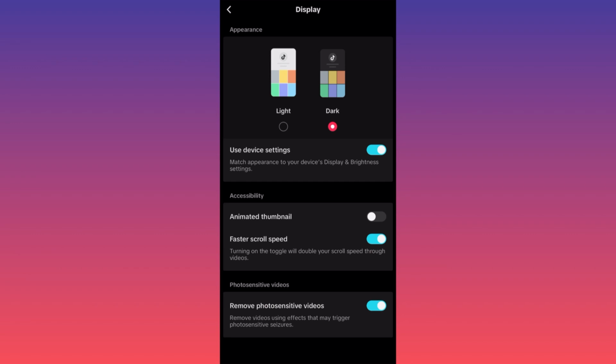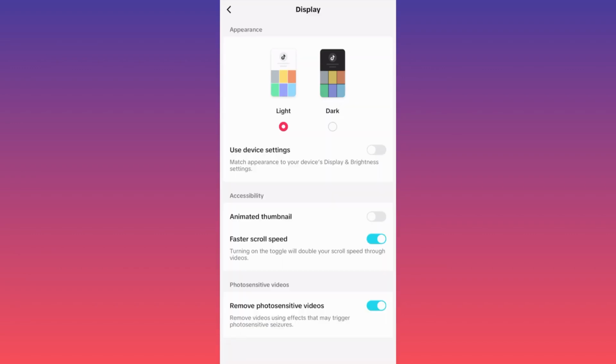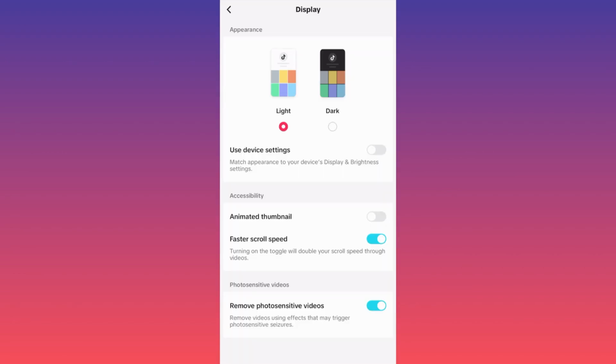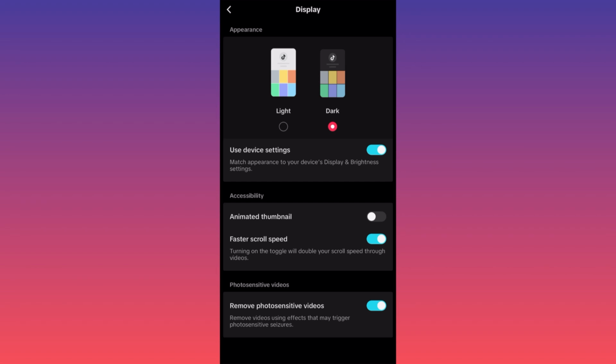Now this is where you can actually shift between light theme, dark theme, and the most important in my opinion is having this option underneath, which is use device settings. When I click on this, I will get automatic match as my default settings on my phone. So currently I have a dark theme on my iPhone, so TikTok is matching the theme on my device. All the other apps can do the exact same thing, and this is very good for your eyes,